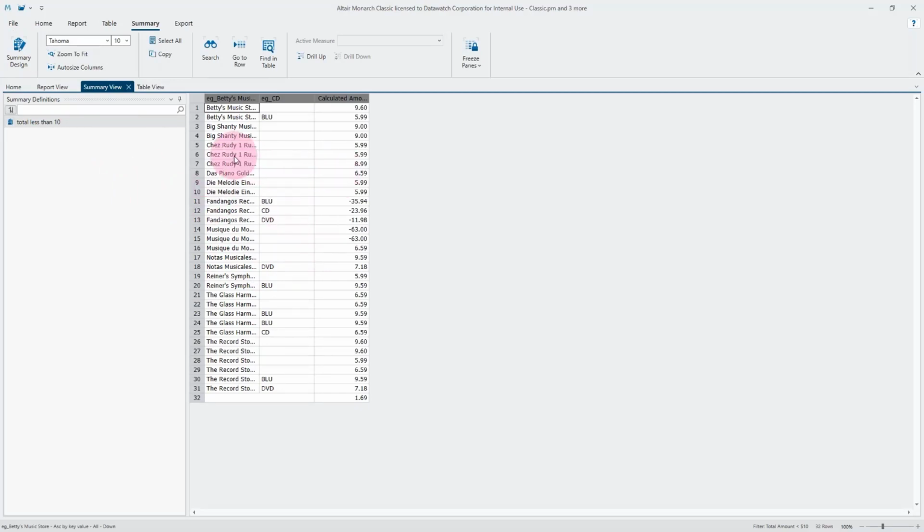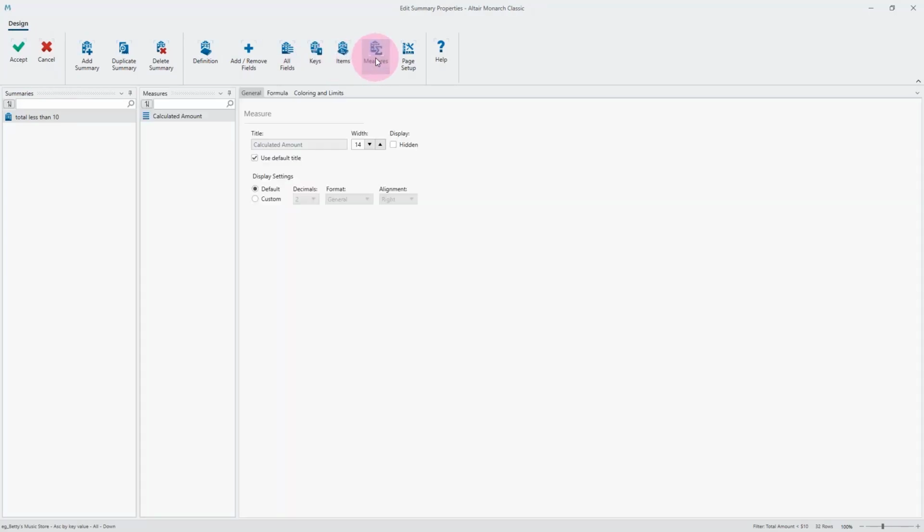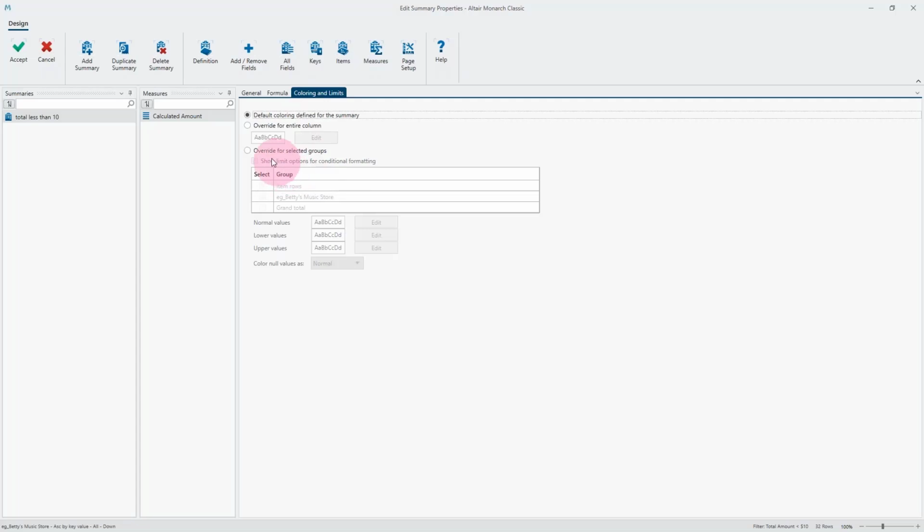There's not a lot of time to go into all the great details of summary, and unfortunately I don't have time to really show you. The nice thing with the summary in Classic that Data Prep doesn't have is the ability to do color limits. So if something's out of spec, you could actually color that as something, so let's see, trying to